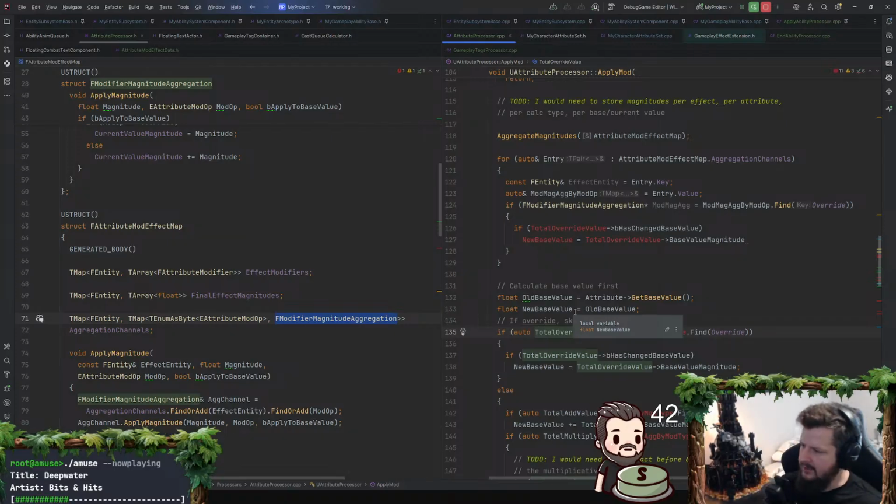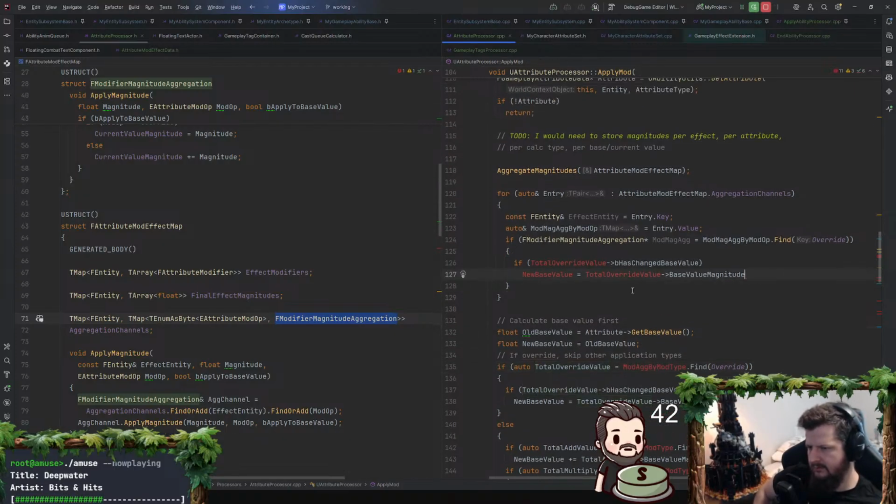So if we have a modifier magnitude operation type of override on an attribute, that is going to negate all of the other potential operations on there. And I don't necessarily know that. I would have to iterate through at this point.